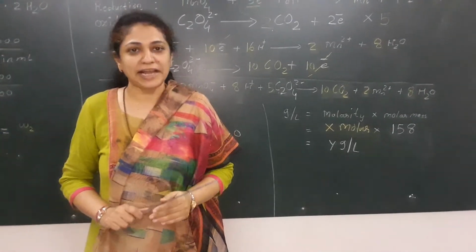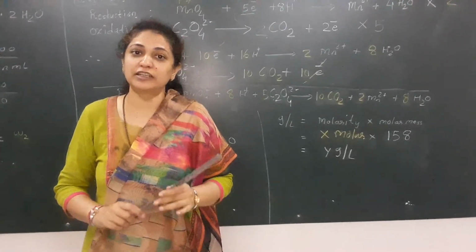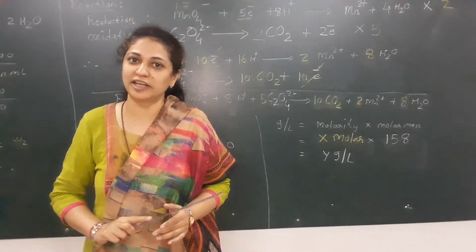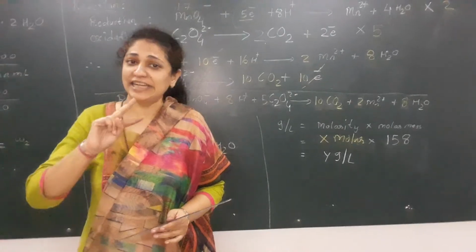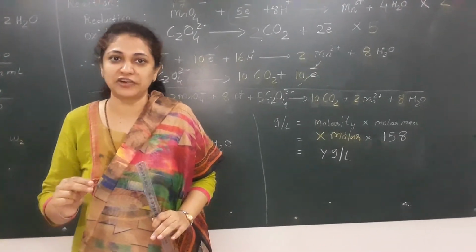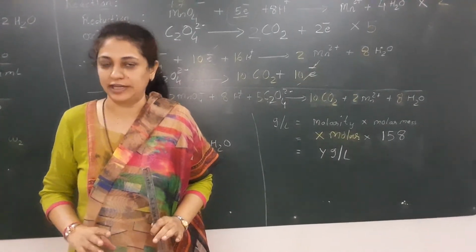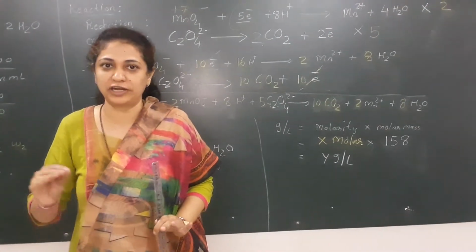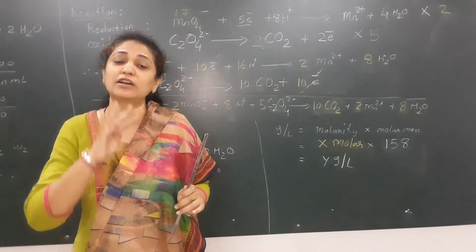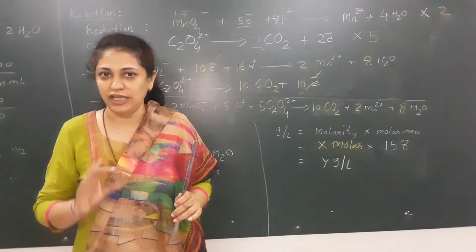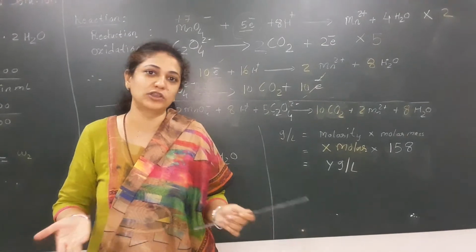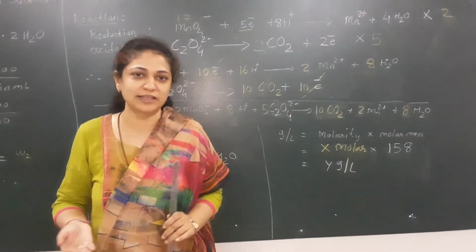Now for calculation, we need to repeat the titration process 3 to 4 times. And we should get 3 or 4 burette readings. Any 2 burette readings should be the same. The same, constant reading is called the concordant burette reading or CBR. So for getting CBR, we need to repeat the whole procedure at least 3 to 4 times. If you are doing it drop-wise, then in 2 times only you will get your answer, as both readings will be the same because you are using the same solution.